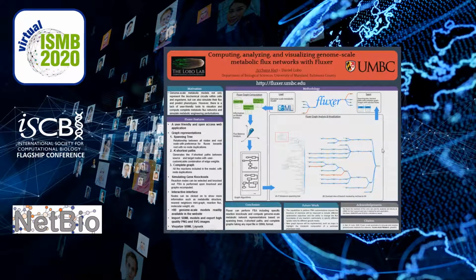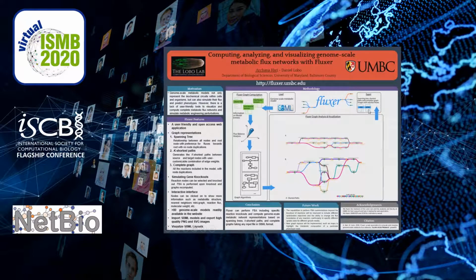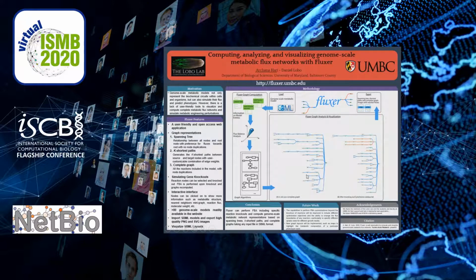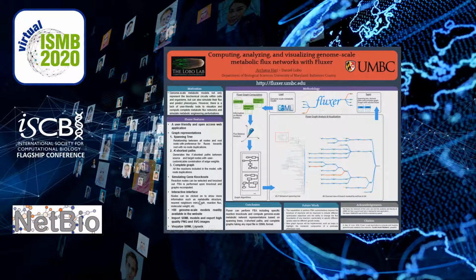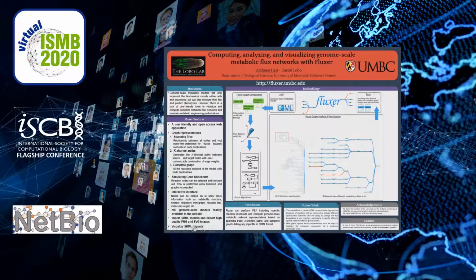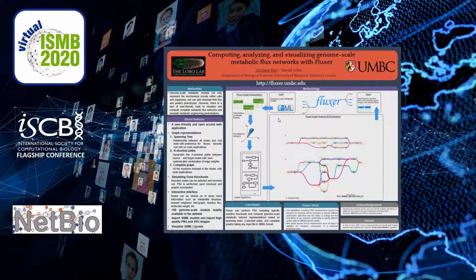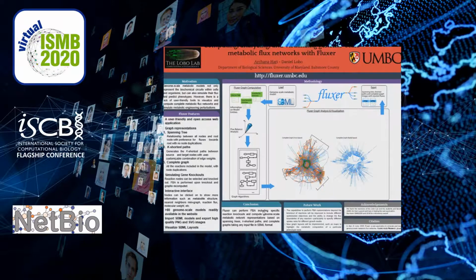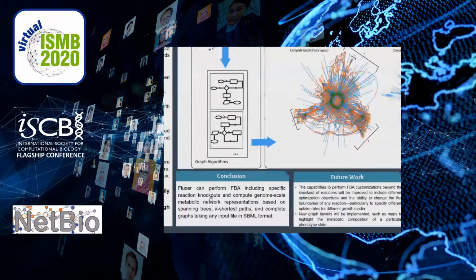All of these graph visualizations can be exported in the SVG or PNG format. The nodes can be clicked on for more information and also to view the nearest neighbor's mini graph. Additionally, the model can be viewed in the SBML layout if that is defined per the SBML layout extension within the model file. Thus, in conclusion, Fluxer is able to perform FBA and even reaction knockouts and compute genome-scale metabolic representations